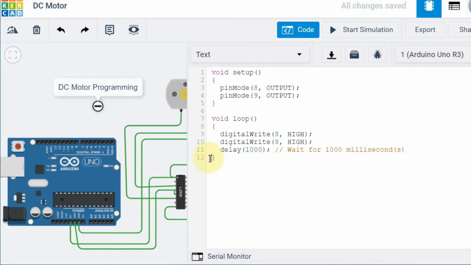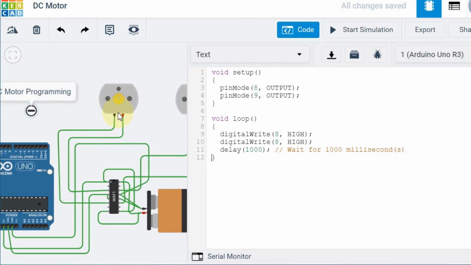The important thing is, if I give high to both, both terminals will be high, and at that time the motor will not run. If the motor is to run, at least one should be high and one should be low.